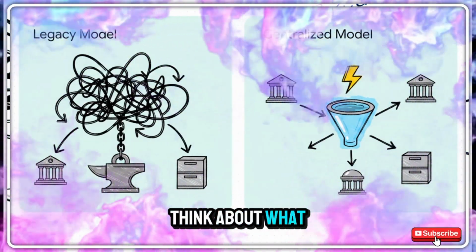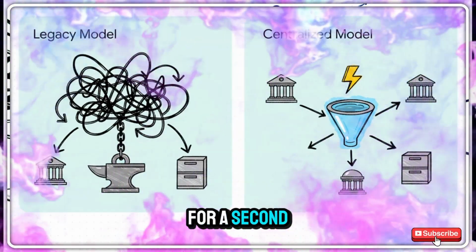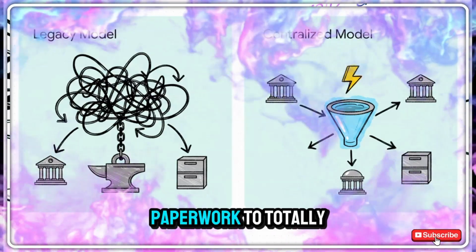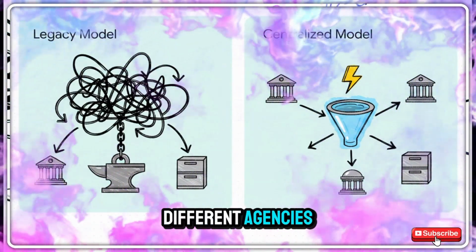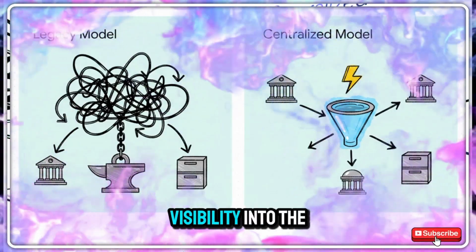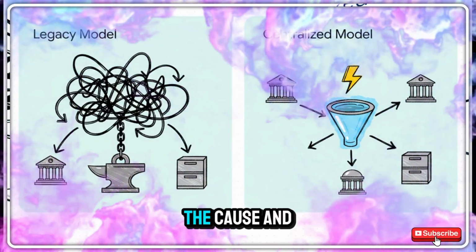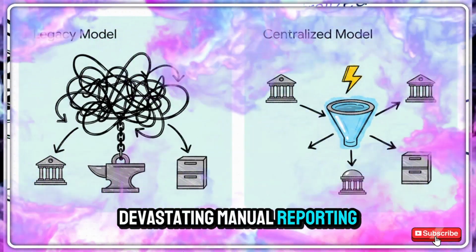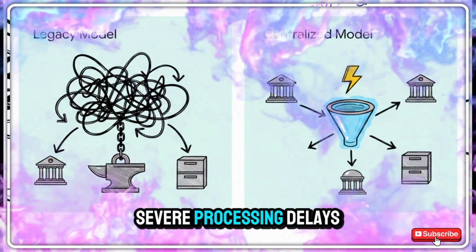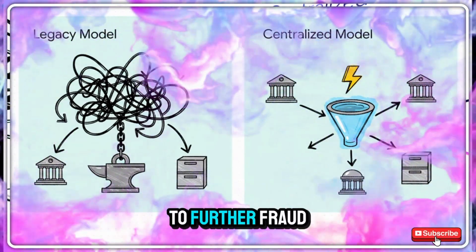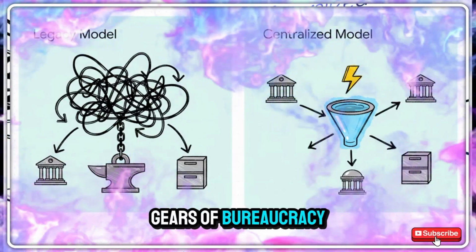I mean, think about what that actually entails for a second. You're navigating endless phone trees, manually submitting redundant paperwork to totally different agencies, and basically waiting in these dark queues with absolutely zero visibility into the process. The cause and effect here was direct, and it was devastating. Manual reporting inevitably resulted in severe processing delays. And worse, it left the victim highly vulnerable to further fraud, while the slow gears of bureaucracy just kind of